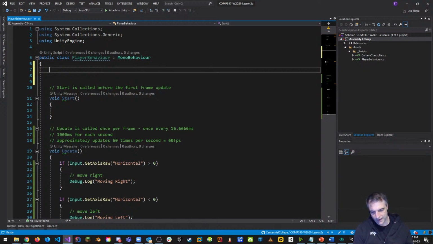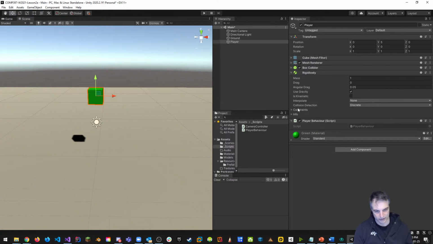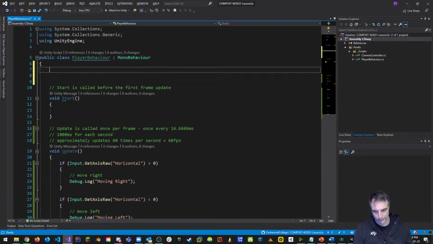Whenever I add a property to a class here, and if it's of type MonoBehaviour, what I get, just to let you guys know, is that any object I make public will make itself available for the most part to the inspector. So that means I can see it here in the editor. Right now, there's nothing in my PlayerBehavior script that I can see. But if I add public in front of it like this,